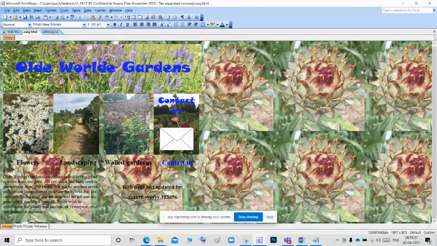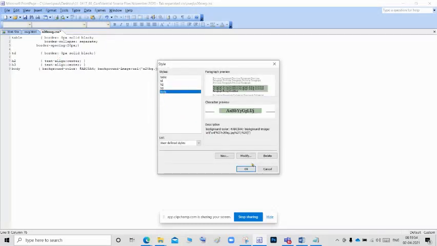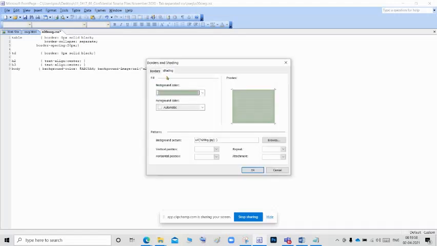See, the background image is repeated. Okay, we should not repeat the image. They are not asking the question paper should repeat. So we want to give the option no repeat. Okay, so colon, go to the format, style, select the body, click modify, go to the border, go to the shading.